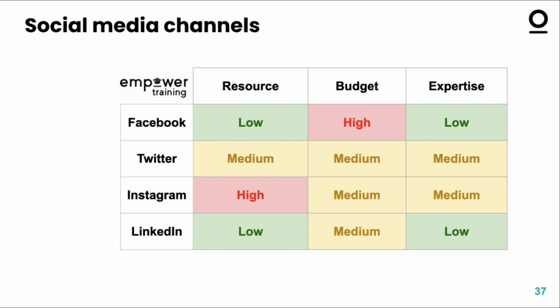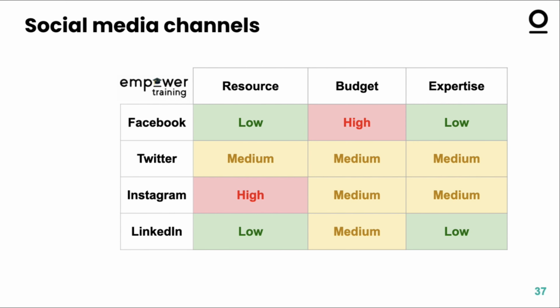Now with Twitter, it does take more resource than Facebook because you do need to be online, monitoring live events, responding to things that are happening now, and that takes time and effort to do. It does take a bit of budget as well if you want to promote the work you do. And then also you do need a bit of expertise to work your way around the individual idiosyncrasies of the platform, such as mentioning people, threads, mentions and direct messages, anything like that. You'll need a bit of expertise to get help with.